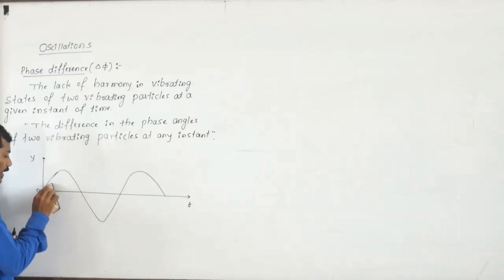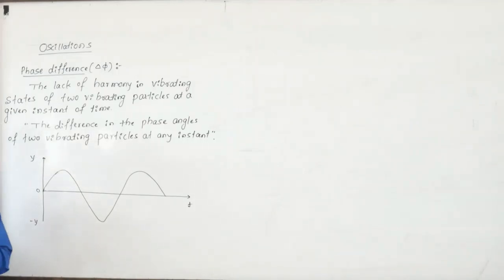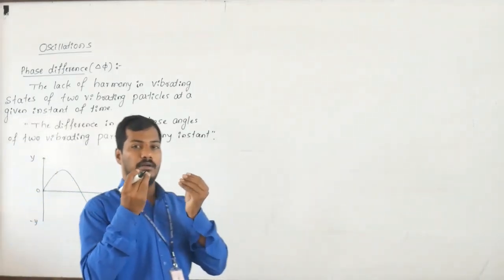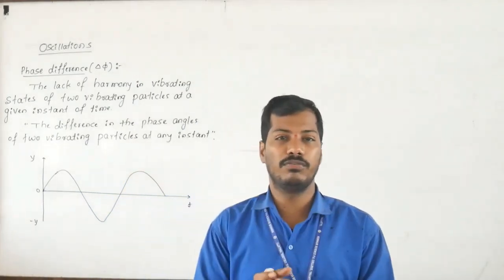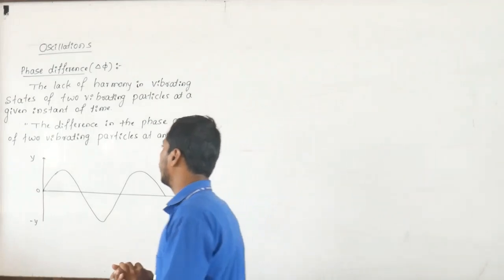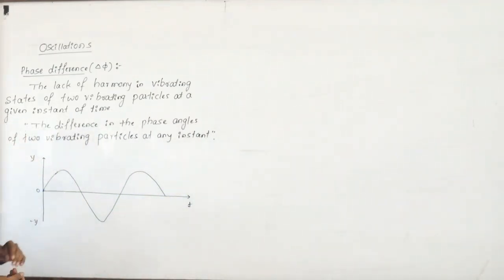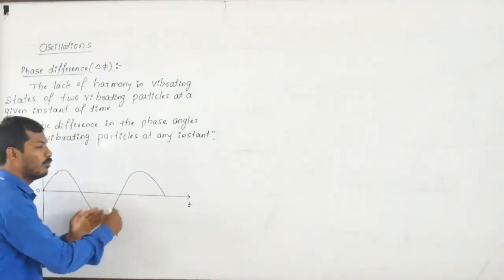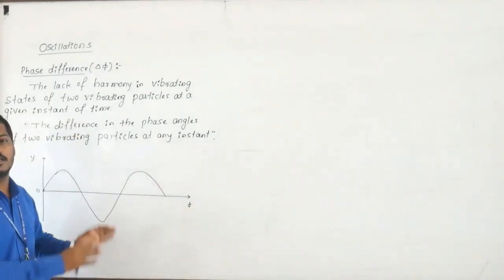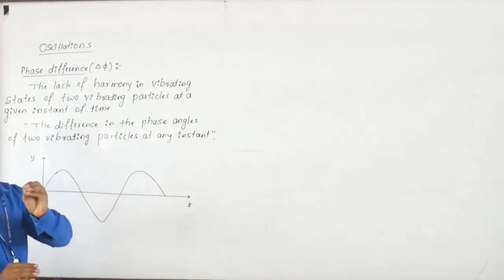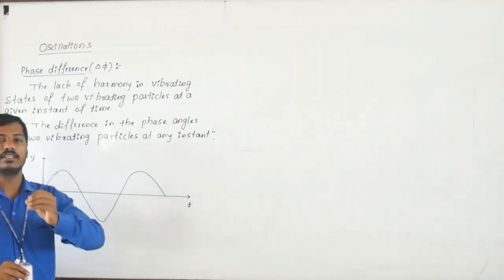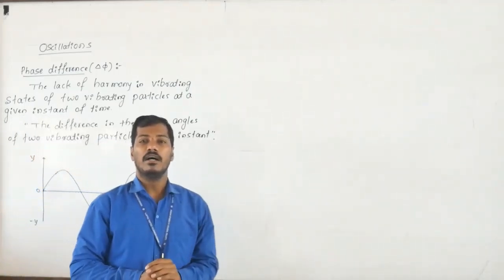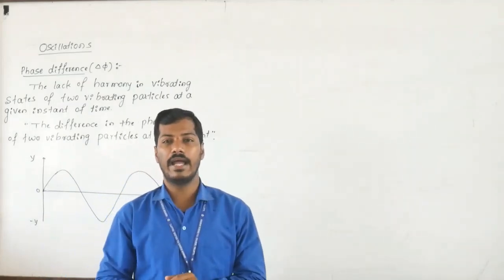Okay, the next concept is phase difference. The phase difference of two particles: we have to take the difference between the phase, or phase angle, of two particles. There is a necessity of two particles. The phase difference is nothing but a lack of harmony. If the particle is in harmonic motion, a periodic motion, which is represented in terms of the harmonic functions sine and cosine,